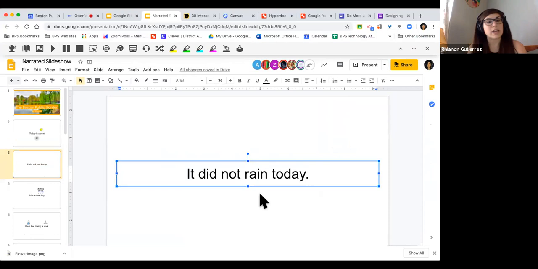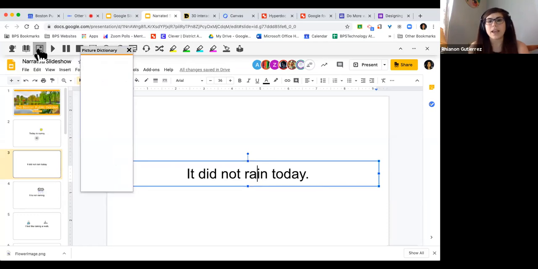I want to visualize the word rain. So I click this, go into that Read and Write toolbar, and I'm going to click on the icon for Picture Dictionary. It's going to give me a pop-up of different options for the visuals. And one of them is this. So sometimes there's a whole bunch, sometimes there's just one. So this is what I've got. I'm going to drag it and drop it right into my slide deck.